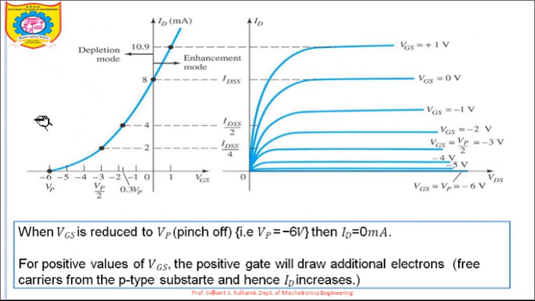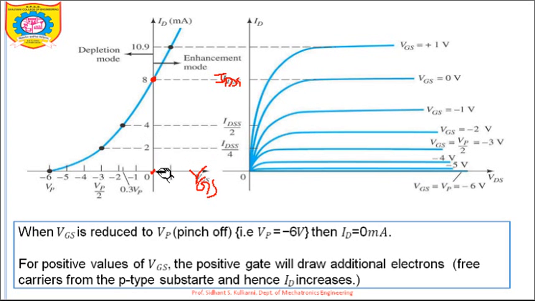Now let's understand this. If we plot a graph of gate to source voltage VGS versus drain current ID, what will happen? Try to understand. Let's assume initially VGS is 0 volt. When VGS is 0 volt, as you have seen in the previous diagram, there is no opposition to the flow of electrons from source to drain, and the drain current achieves its maximum value. The maximum value of the drain current is denoted by IDSS, the drain to source saturation current.